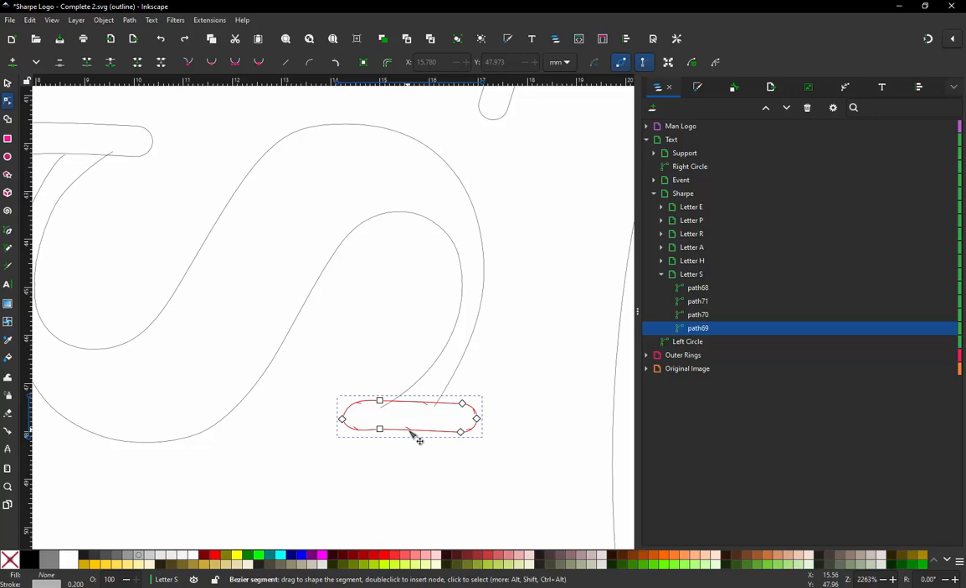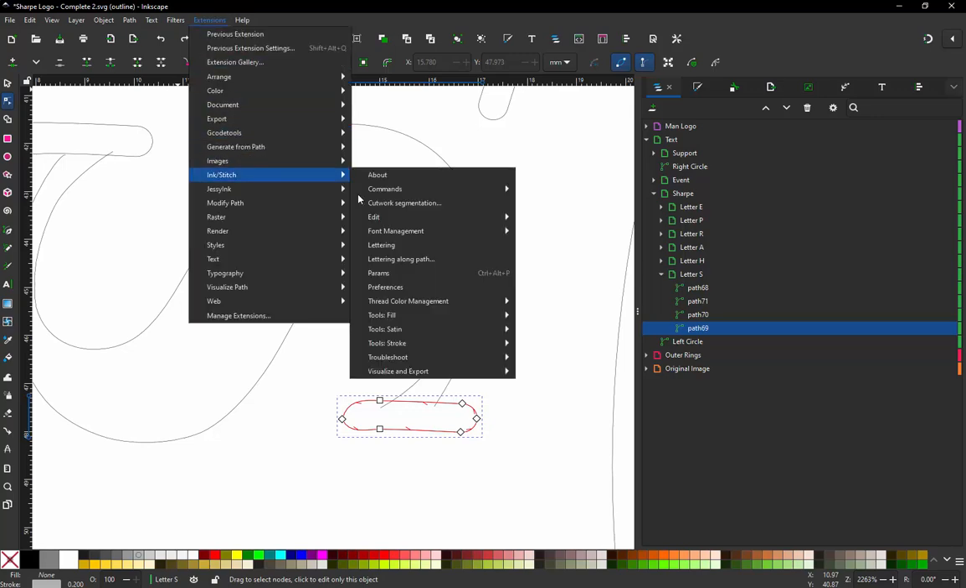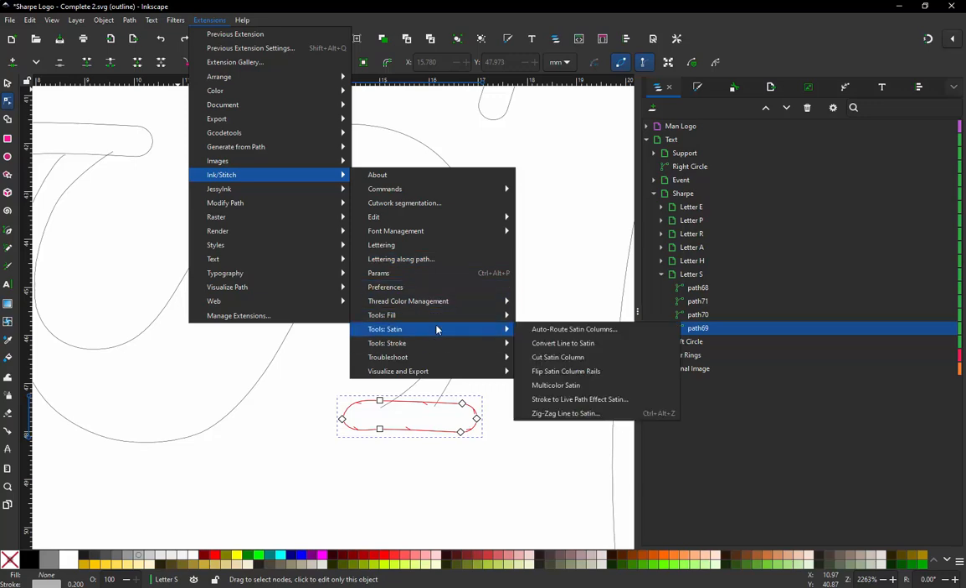Okay. Now there is a function, and I might as well show you, because I don't work this way, but I might as well show you that it does exist just in case you do want to work this way. You could come up to extensions and choose InkStitch and come down here to Tool Satin, and you'll see that there is a cut satin column option. Okay. So if I click on that, right,